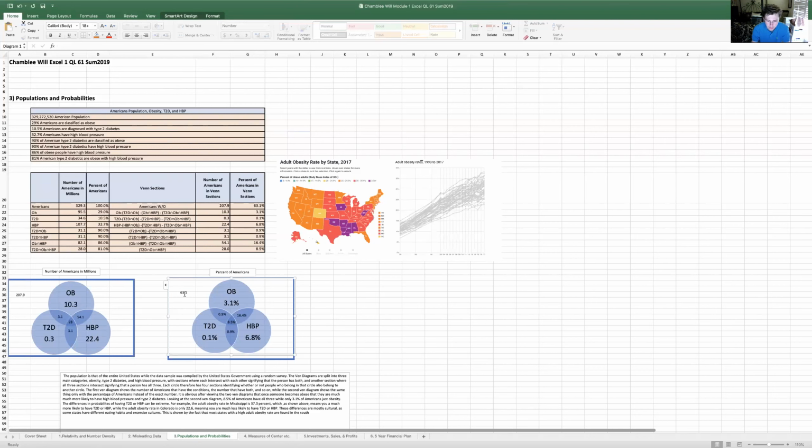Thought it was really interesting, the probability that someone is obese, that they're going to have high blood pressure or type 2 diabetes or just both. It's much more likely that when you're obese, you're going to have high blood pressure. So these states over here in this map, which shows you the amount of adult obesity rates, these states in purple are most likely going to have high blood pressure rates and type 2 diabetes as well. Just shows how unhealthy they are.